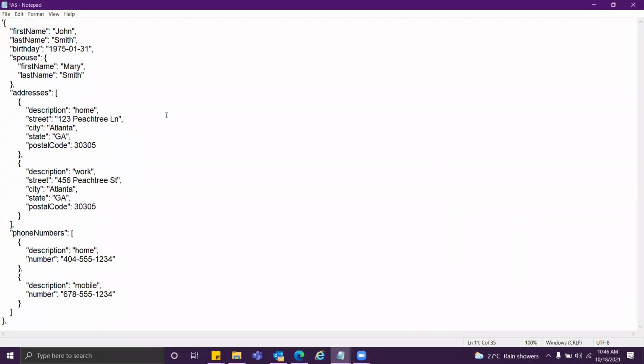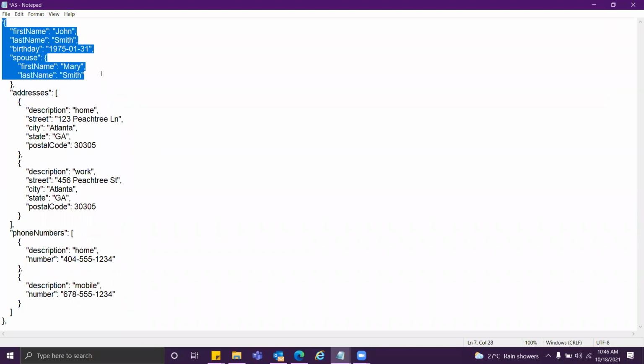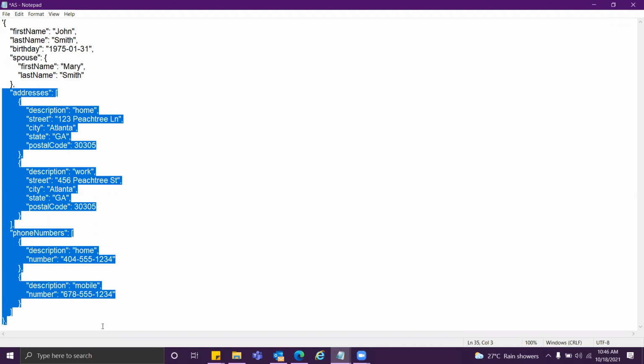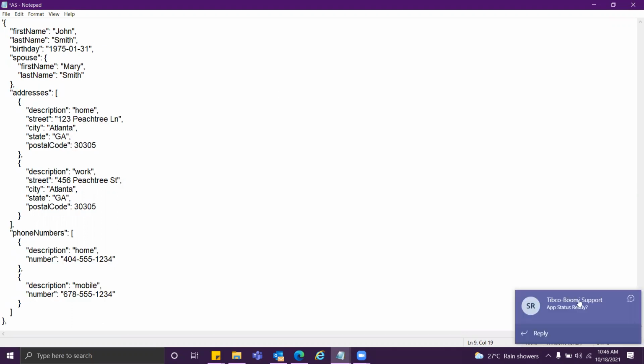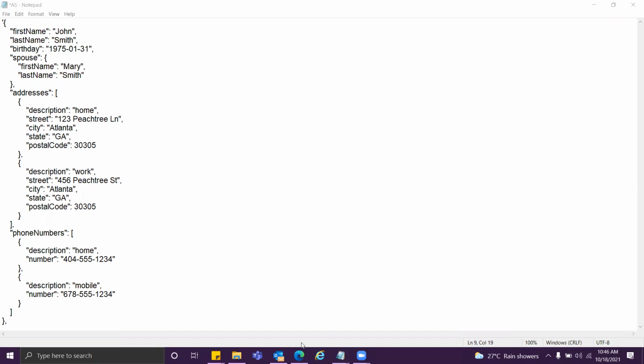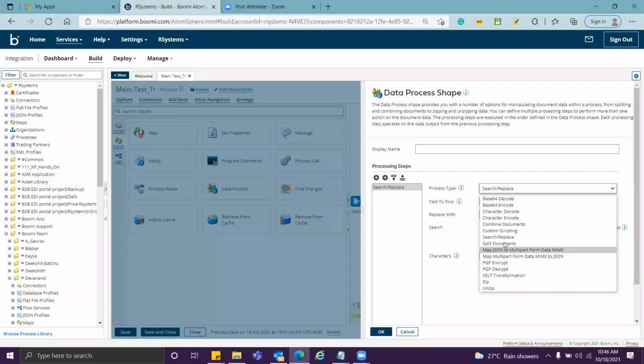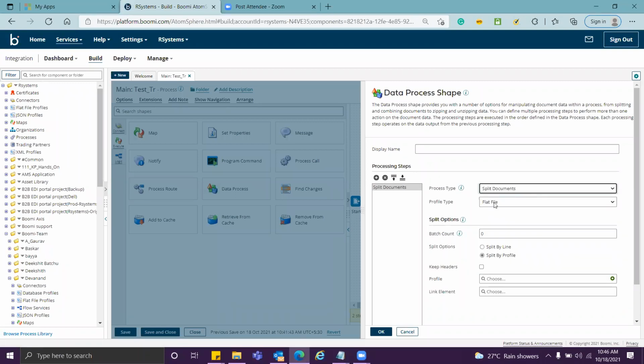Now this is fine. All right. But what I want to do is I want to split my document based on addresses. So in that case, I click on, say, split document. It will ask me what kind of profile you are having.